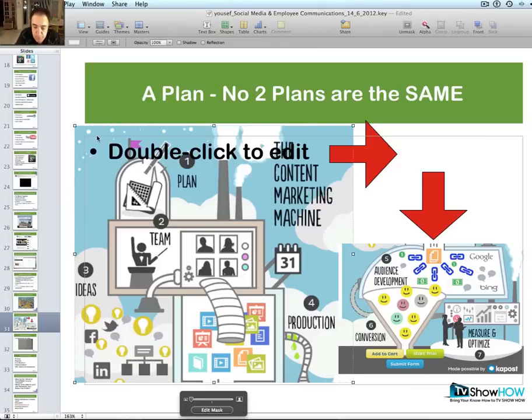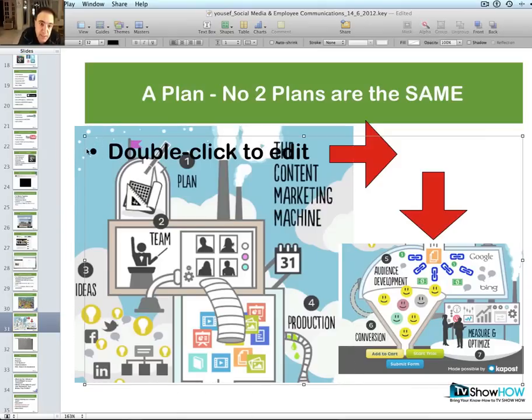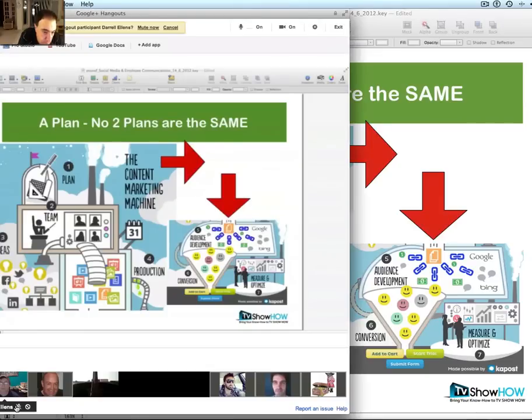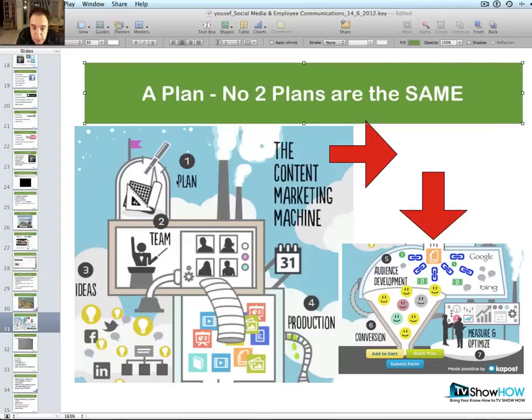This is what a basic plan looks like, and let me get this slide fixed. If you're putting together a social media plan for your company, it should start with a plan, then pass through the team.